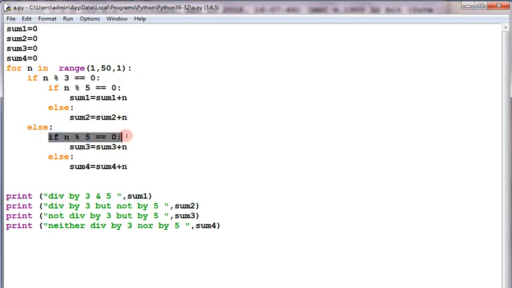Is it divisible by 5? Yes. So it is not divisible by 3, that's why it is coming here, and divisible by 5. So sum3 is storing that result. Neither divisible by 3 nor by 5 will be stored in the variable sum4. Okay, hope all of you understood how the sum can be found using a for loop.